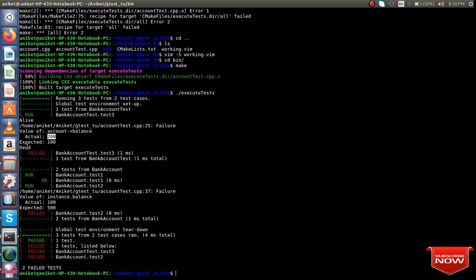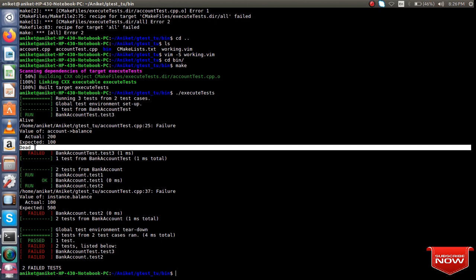And then again here you can see the destructor is deleting the pointer or the instance. So like that you can avoid creating multiple instances by using test fixtures, or you can avoid replicating the same piece of code again and again.